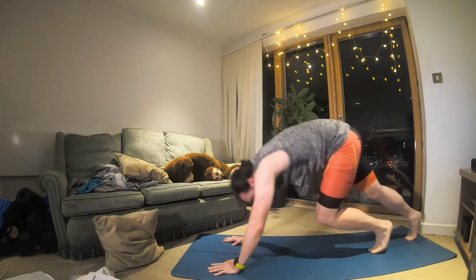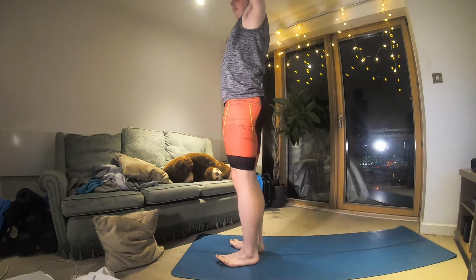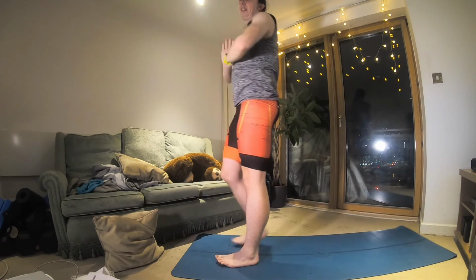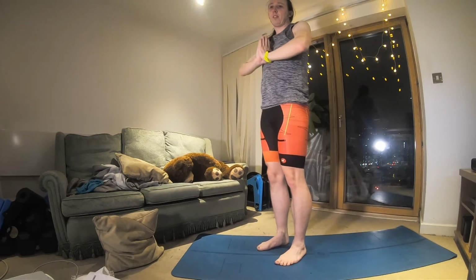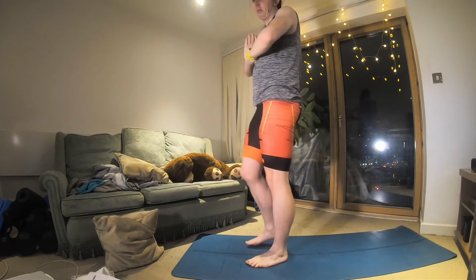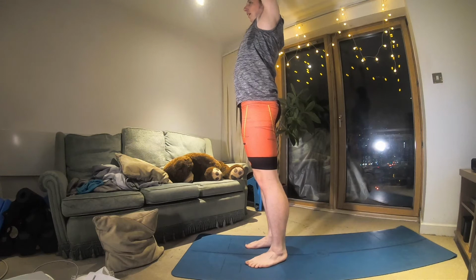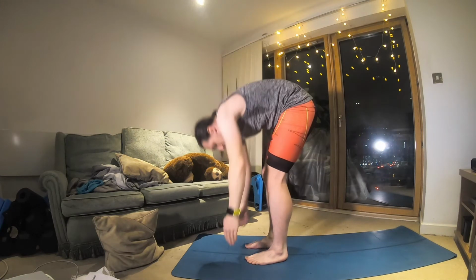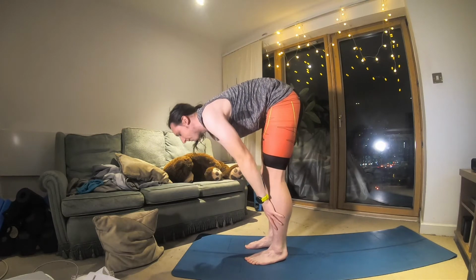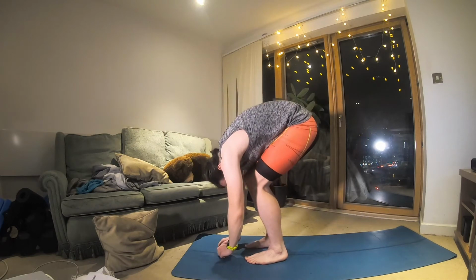From here, let's walk up to the top of our mat, and we'll bring the arms up overhead, and with an exhale bring them down to heart center. So we'll run through that a couple more times, a bit faster just to get some heat in the body. So we'll inhale the arms up, exhale into a forward fold, inhale to lift halfway, look forward, flat back, exhale to come back into that forward fold,